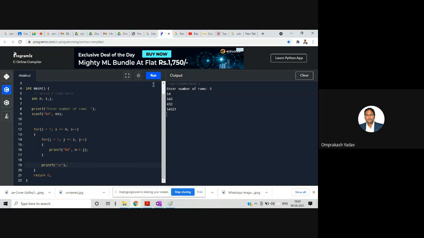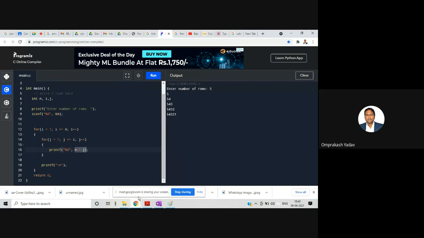So it's not showing the first element. Yeah, now it came. So if you see here, we got 5, 5 4, 5 4 3, 5 4 3 2, and 5 4 3 2 1. What we did was just n plus 1 minus j, right?